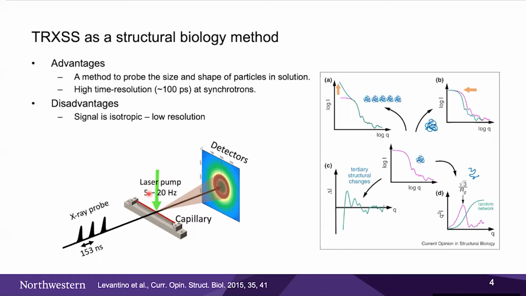We've been also using UV pump to convert the photo acid, which changes the local pH value in about 20 nanoseconds, which provides a pretty unique way to change the protein or a peptide structure. Right, and after some time delay, you use the X-ray probe to probe the structure change, and you register that onto the detector. One thing, as you look at this real image on the detector, is that you see that it's a ring. So the signal is isotropic, which means that you lose quite a lot of information, which results in a low resolution reconstruction, as we'll talk about in the later slides.